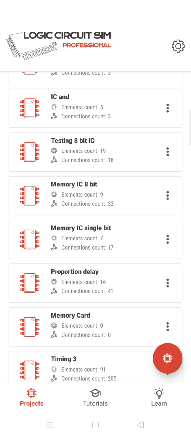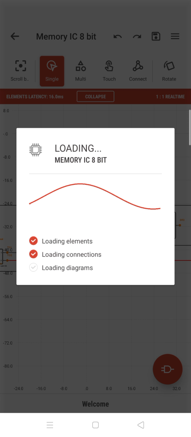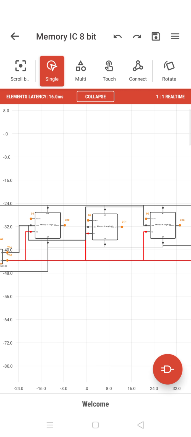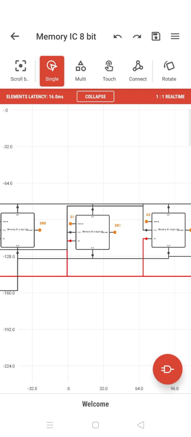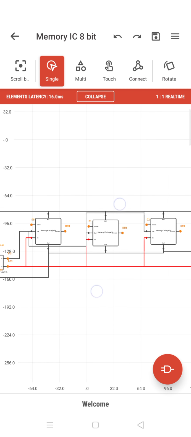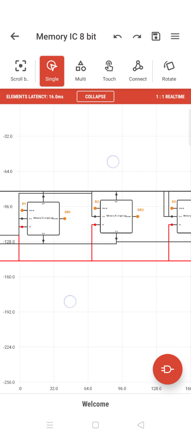We have to have memory IC single bit, then memory IC 8-bit. So once you are done with the single bit, then we want to know how to design an 8-bit structure. Now for 1 bit, we saw all the things, the contents of the elements, what was there inside.